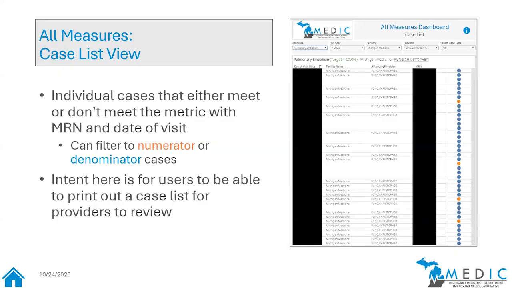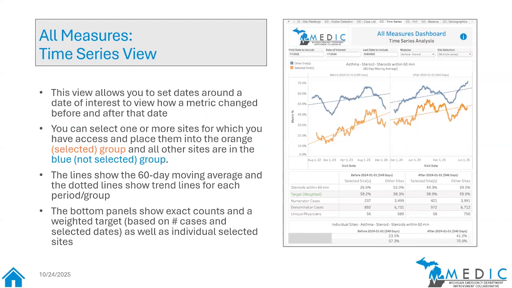You can print it out, you can copy and paste out the patient data. The blackout bars are obviously patient data. You can also get a little bit more information by hovering on that little circle at the end on the right side of the screen. And that'll bring up some more specific information about that particular case: their encounter number, their MRN, the dates that they were there, the provider that saw them, that sort of thing.